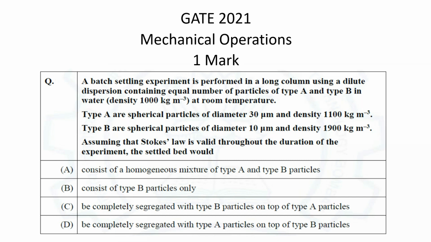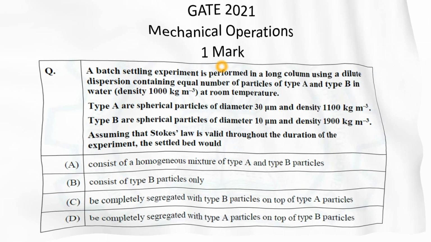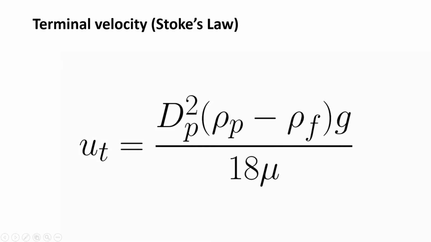So first, we know that Stokes law regime is applied, so we will calculate the terminal velocities for both the particles. So let's start with the solution. We know the terminal velocity in Stokes law regime is given as ut is equal to dp square into (rho p minus rho f) into g upon 18 mu, where dp is the diameter of the particle, rho p is the density of particle, rho f is the density of the fluid, that is water, g is the acceleration due to gravity, and mu is the viscosity